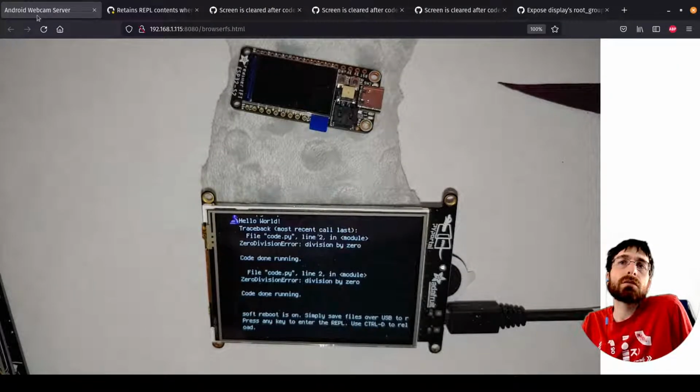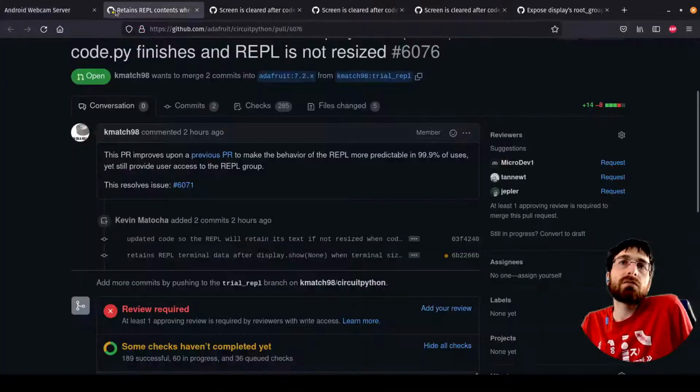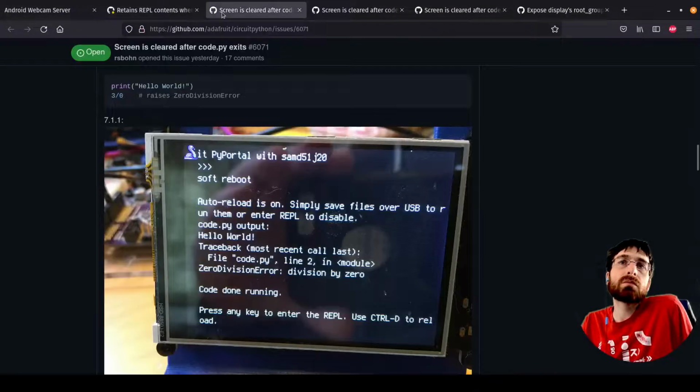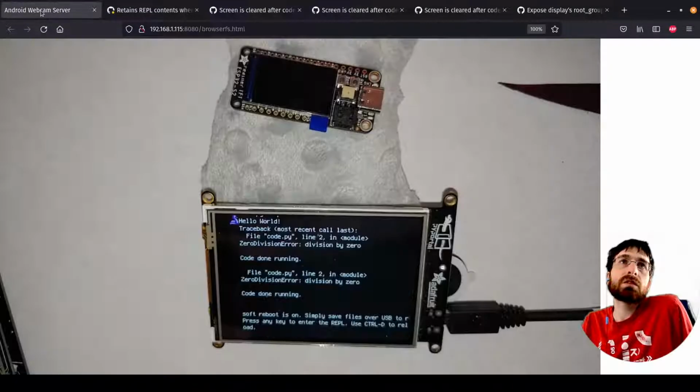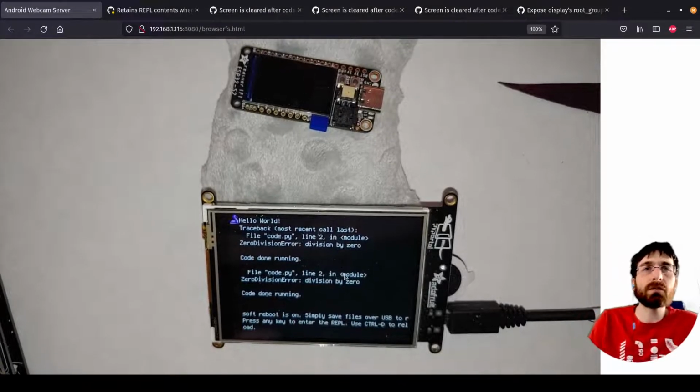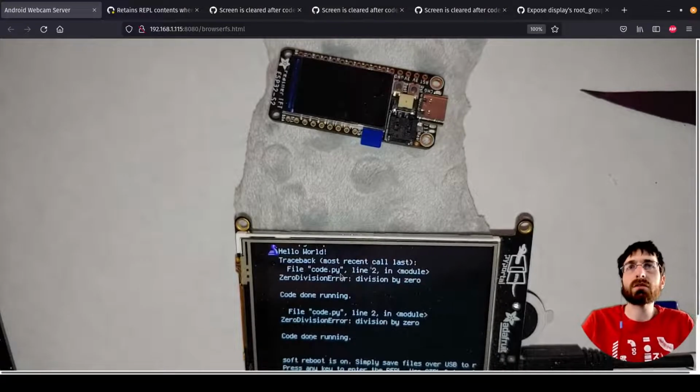We're done running. So we're kind of doubled up. We have all the same stuff. Is it doubled up? Okay, let's go